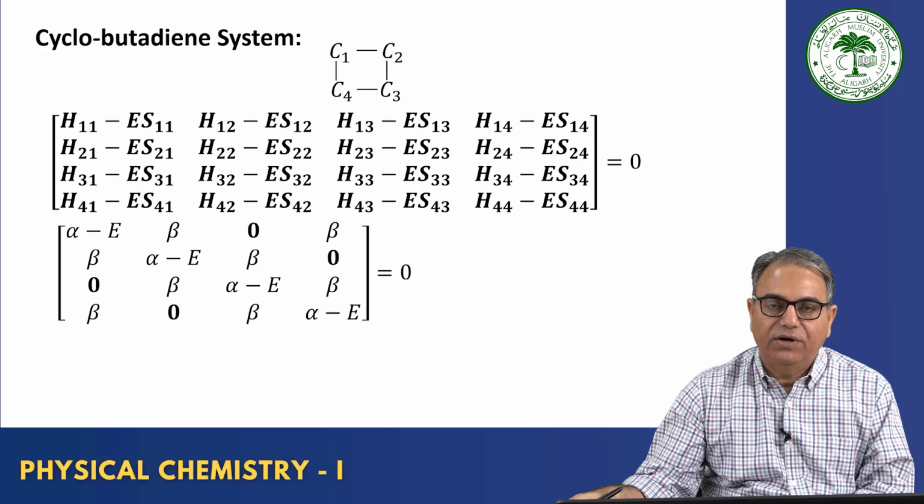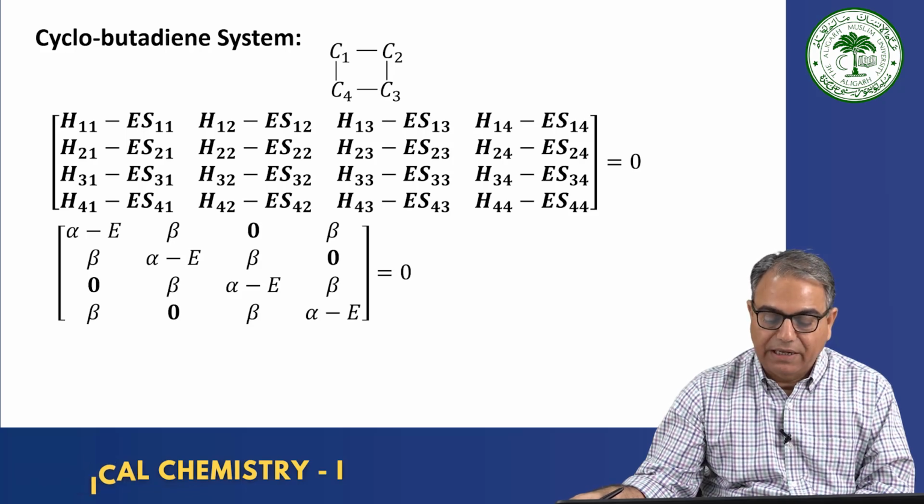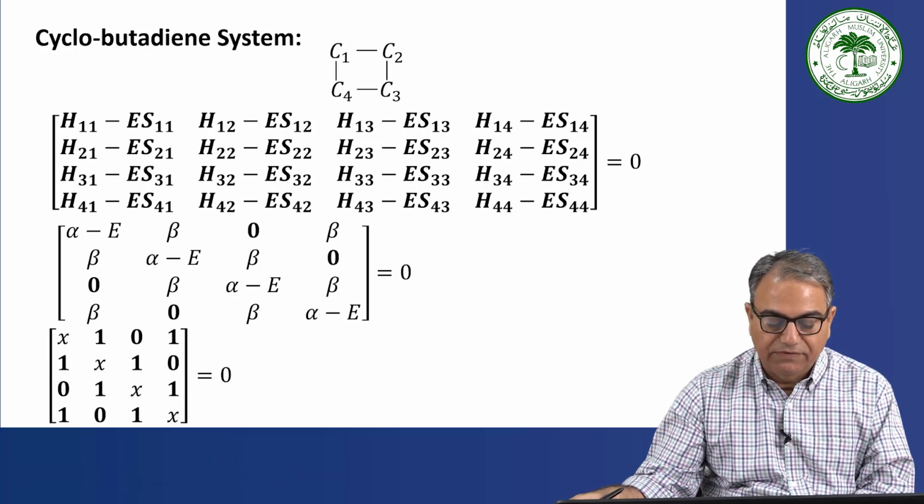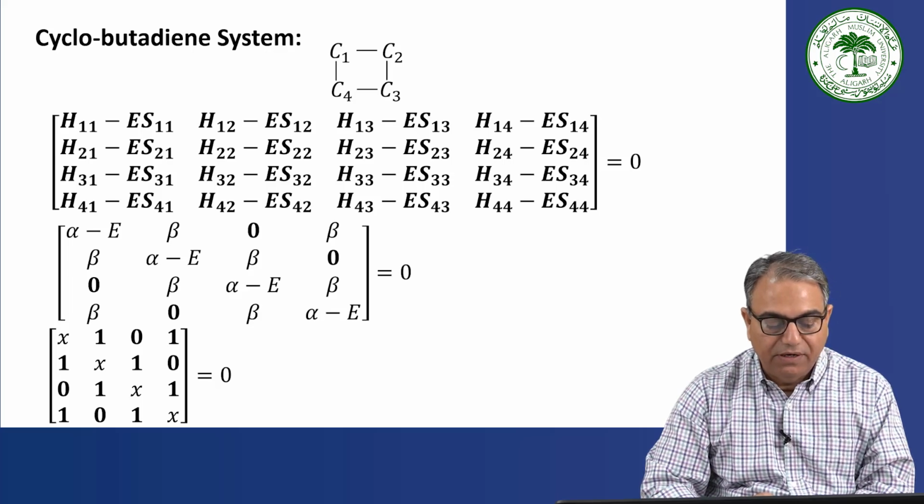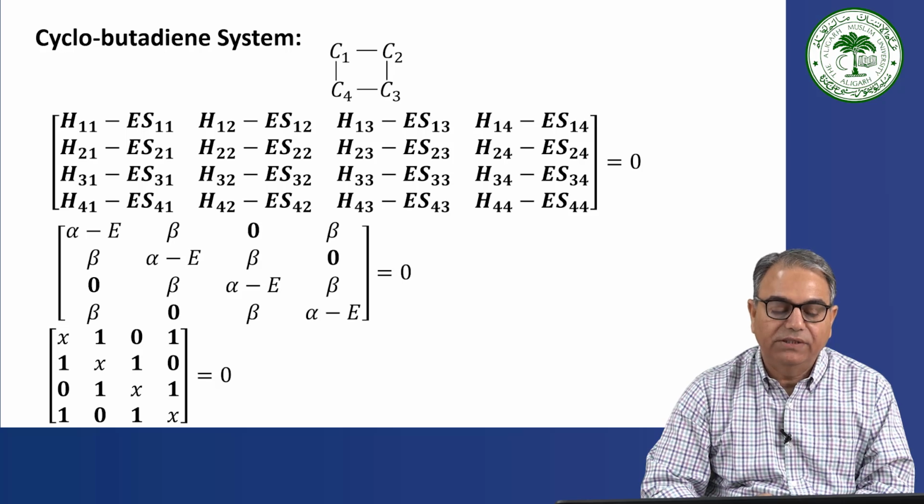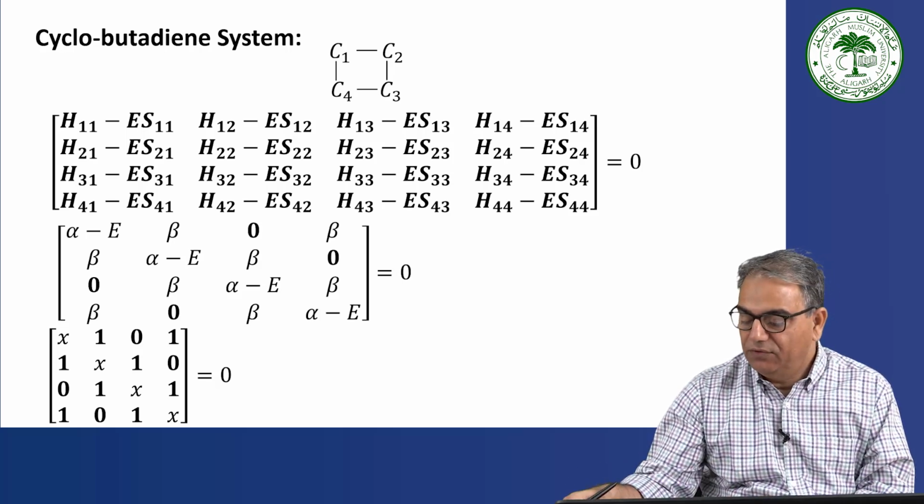with x and 1, as we have done earlier. So it will be x for all alpha minus E and 1 for all beta. So x 1 0 1, 1 x 1 0, 0 1 x 1, 1 0 1 x is equal to 0. So solving this determinant will give you the value of x. Okay, and if you solve this determinant,